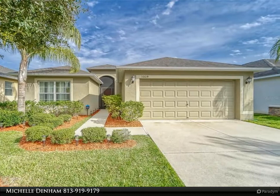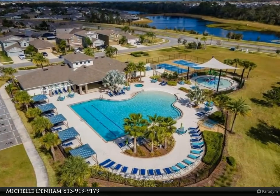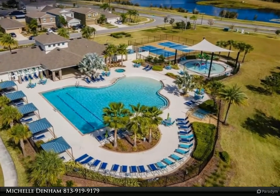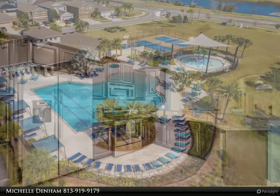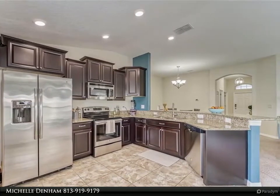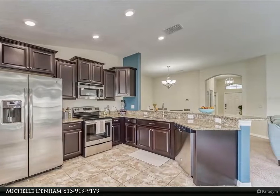Impeccably maintained, 4-bedroom, 2-bathroom home with a tandem 3-car garage is awaiting you. This turnkey home offers everything your heart has desired and more. Enjoy maintenance-free living with lawn care, lawn maintenance, and hedge trimming included in your low monthly HOA fee of $85